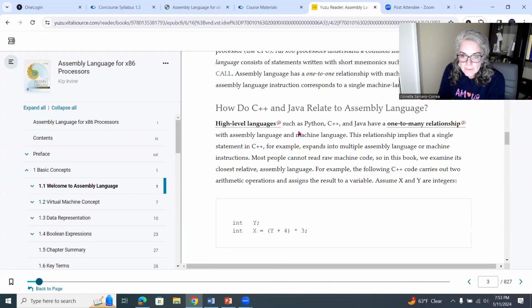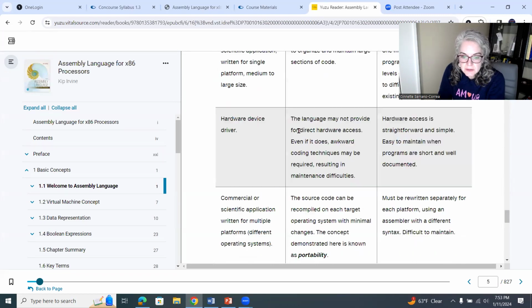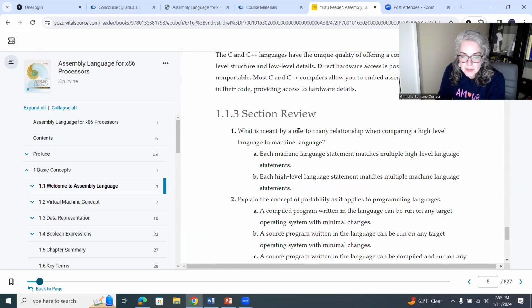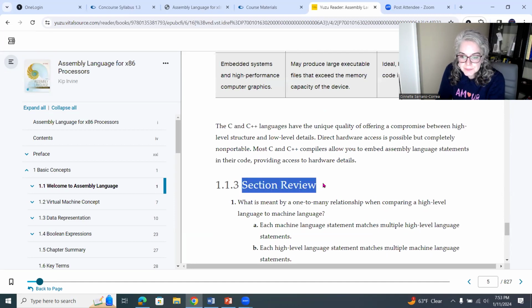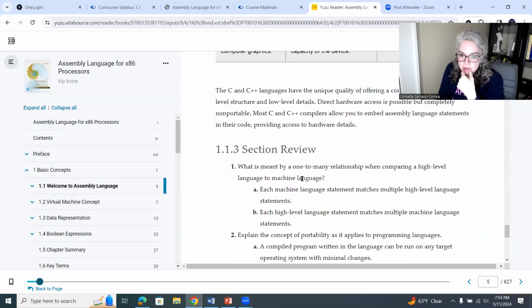So at the end of each section, there's a section review. So do the section reviews. I don't have them yet, but I'm going to have the section review answers posted.